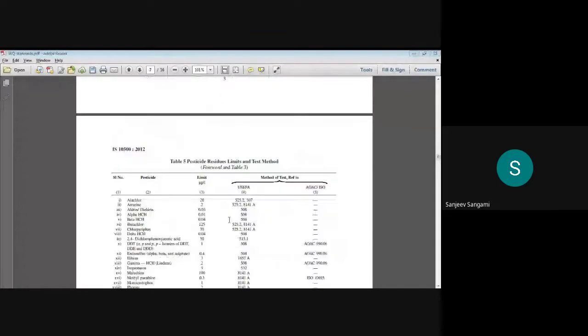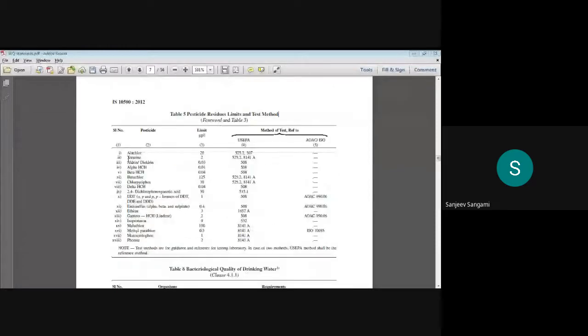But if they are going to categorize, they are considered as heavy metals. Okay, these are all the pesticides we are talking about, and how exactly they are going to be determined. These are some of the main pesticides you can observe in the water. Alachlor, atrazine, and these are all herbicides. Herbicide means a type of chemical used to kill weeds, that is unwanted plants present in the farm fields.